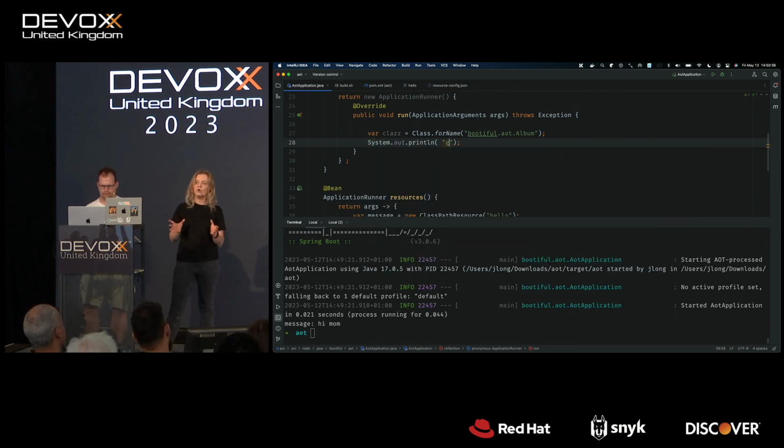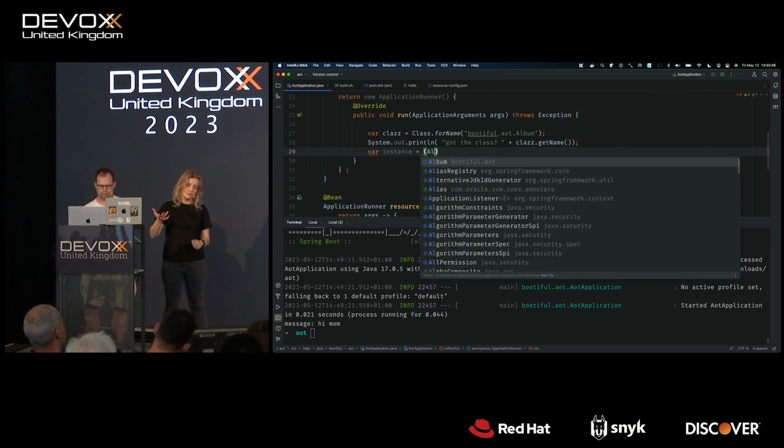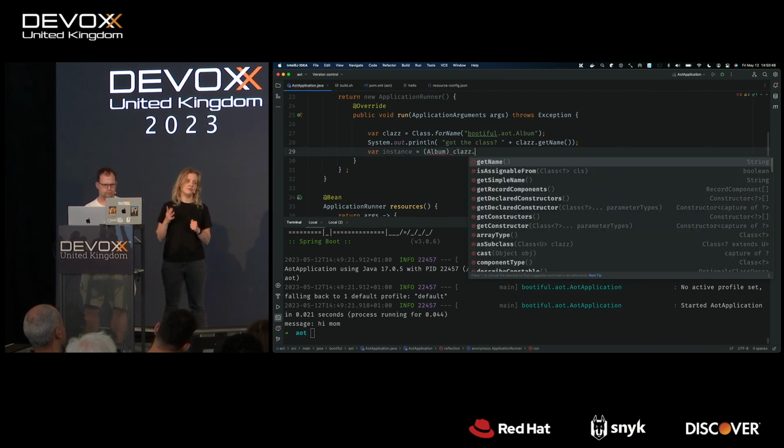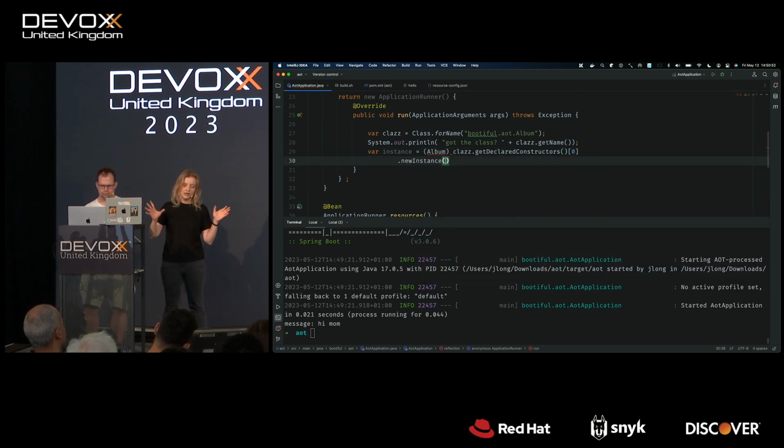So some reflective calls would work out of the box without any configuration needed from your side. Some things that are harder to predict, so maybe less obvious, will be harder to figure out for native image, and for that, you would need to provide config. And there are multiple ways in how that config can occur. So that config can be coming from a file called reflect-config.json, similarly to how it is for resources.